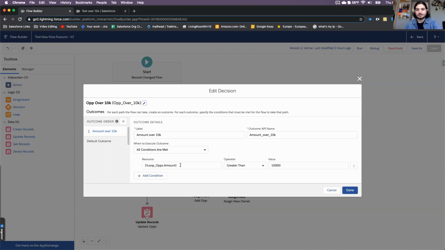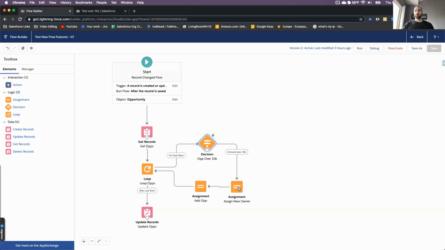So this is the way I'm accessing the amount of the opportunity. The loop underscore ops is the API name of that flow loop variable, and then the amount is the field I'm accessing. So here I'm just checking to see if it's greater than 10,000. And then I'm assigning it